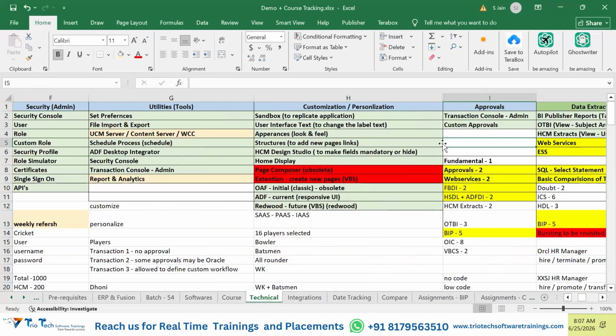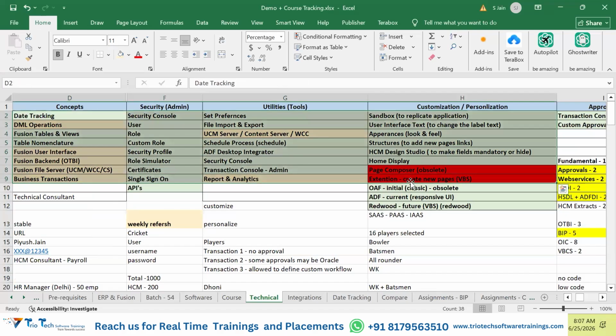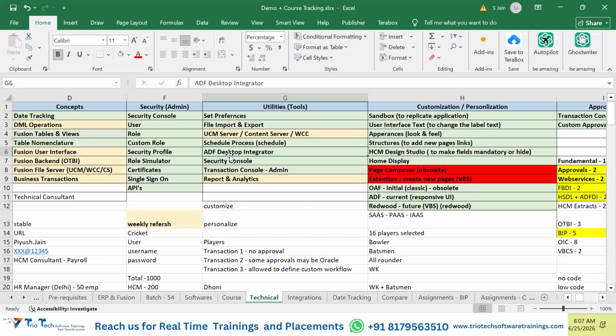Fine guys, so tomorrow we will be looking into the security aspects and discussing a few of the utilities. We will discuss how to access them, what the nomenclature of the tables is, how to access different tables, and where to find them. And the day after tomorrow, if we have a class, we will cover the personalization and customization related things. In the next 2 days, whatever you are able to see in green here, we will cover practically with demonstrations.